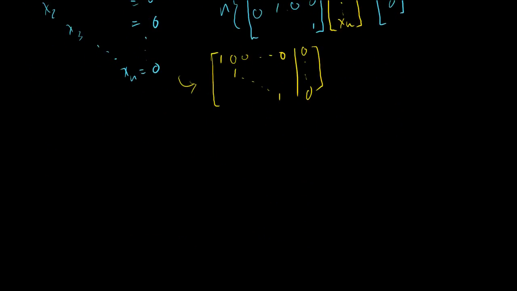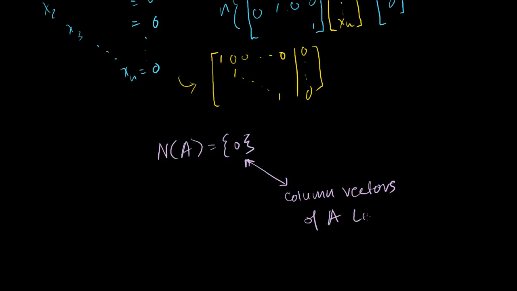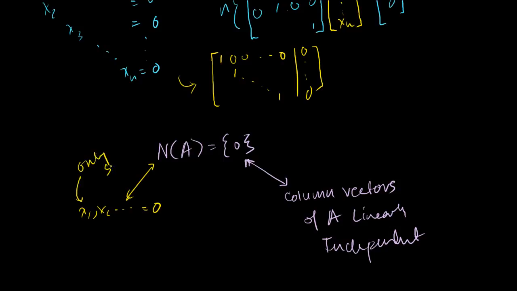Let me summarize our results. The null space of A, if it just equals 0, then that means, and you could go both ways, that's true if and only if the column vectors of A are linearly independent. And this is true if x1, x2, all of these have to be equal to 0. This is the only solution. And then that implies that the reduced